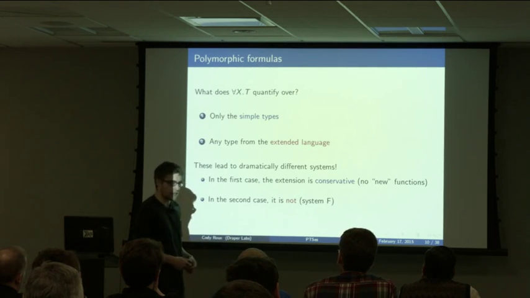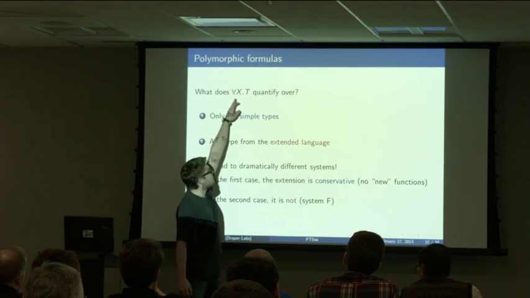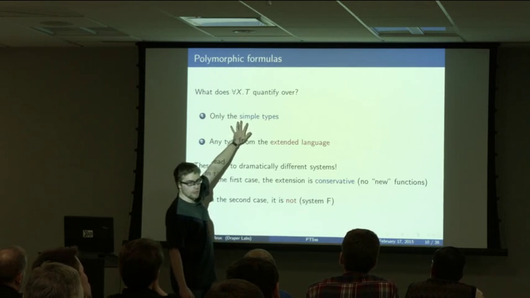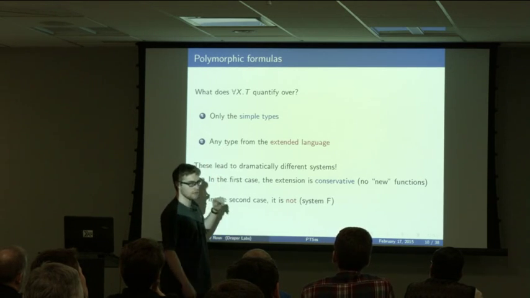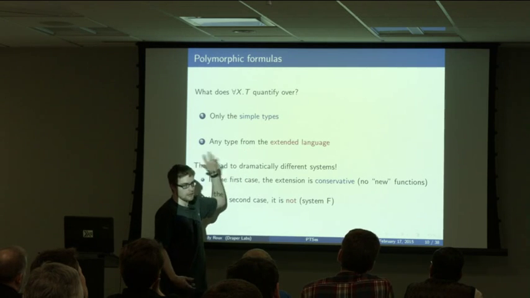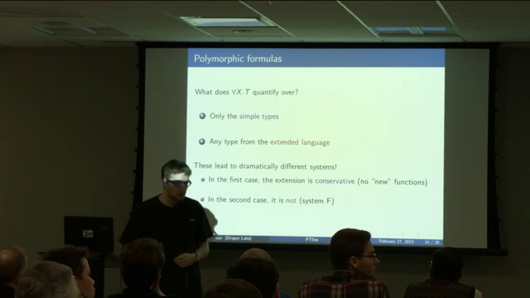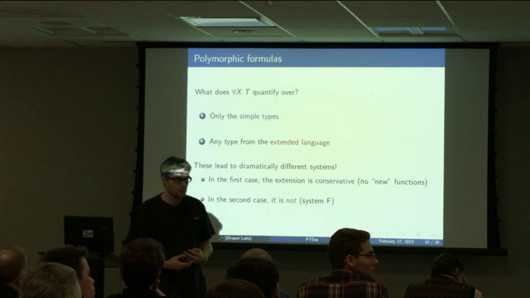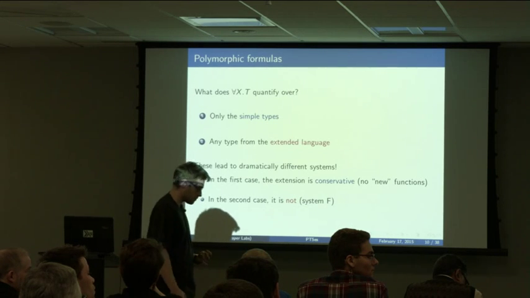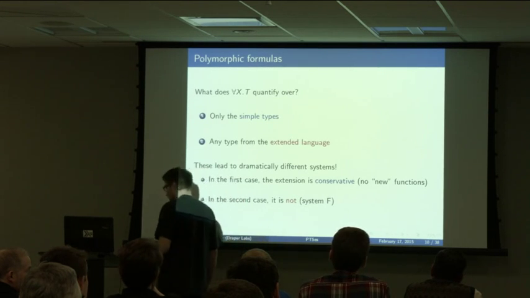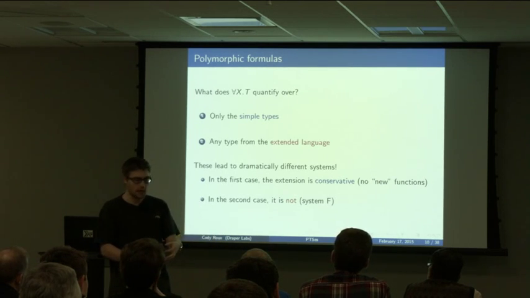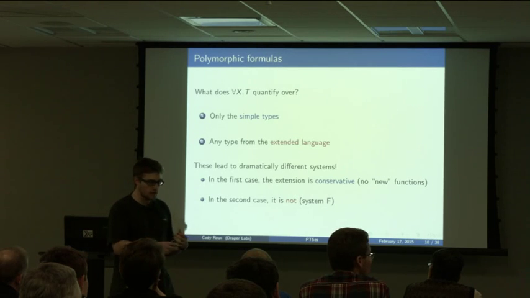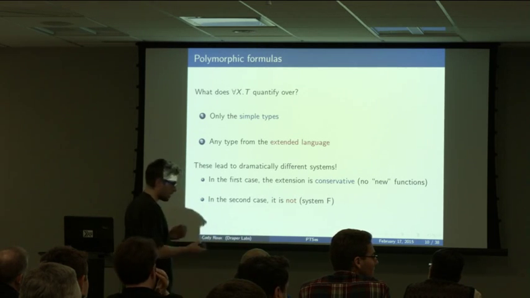Yes, that's exactly it. The x here, in this case, can only be replaced by int arrow int, or a simple type, something just arrows and base types. And in this case, it can be replaced by something polymorphic. Yes? I wanted to add, ID map actually does work, assuming you're talking about Hindley Milner, because you can make it monomorphic and then regeneralize it, basically. Yeah, but so that's not exactly ID map, right? You specialize the map to some polymorphic type, then you apply it to ID, and then you regeneralize it. Yes.